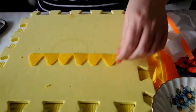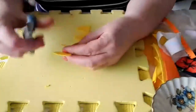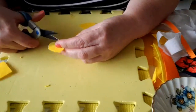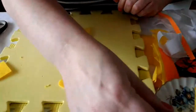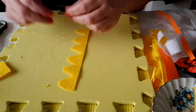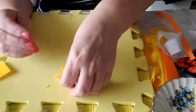So the next thing you want to do is just where you haven't maybe got a longer, wider bit, you just want to snip that, because these are going to splay out when you gather them. So now you take your needle and thread, and here's one I've threaded earlier. You know how notoriously bad I am at threading needles, so I always do mine in advance. Right, so you will start at one end